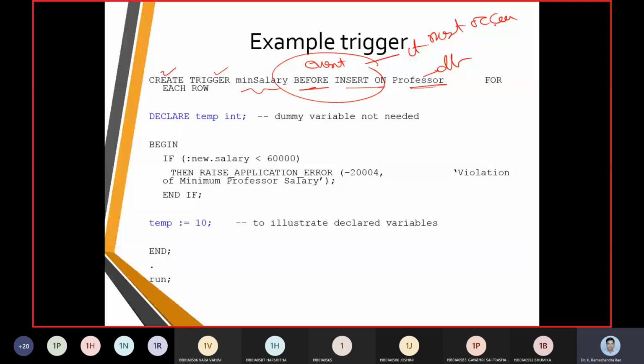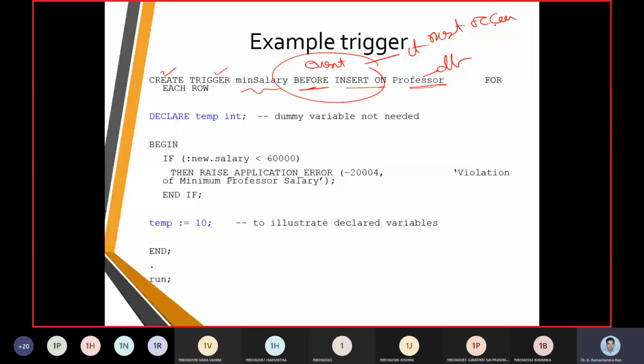If the salary is less than 60,000, then we are going to put some raise application error. So we are going to use the if statement here. If followed by some condition, and if the condition is true, then we are going to put up some raise application error, and we get this answer. So that is how we will work with triggers here.